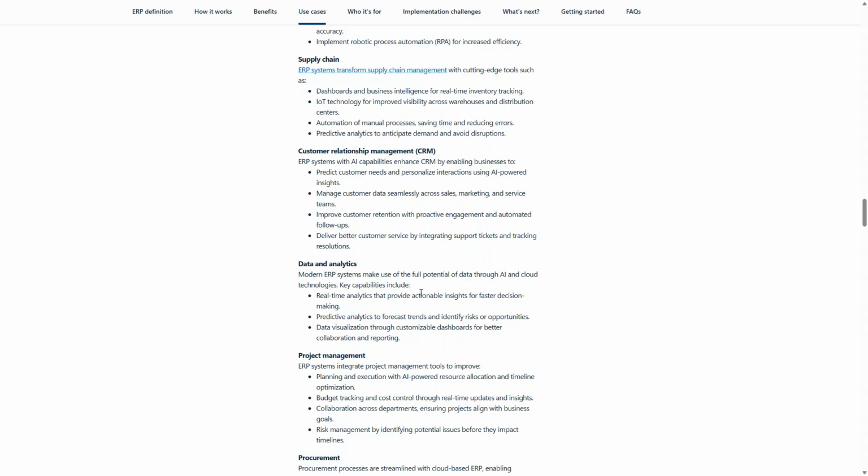Now in this ERP, our main focus is on D365 CRM, where we handle sales, marketing, and service related stuff. If you read the information there: manage customer data seamlessly across sales, service, and marketing. So this is about the ERP. Whatever training we are going to take in the future will be on the CRM. So is it clear? Is that clear, everyone?